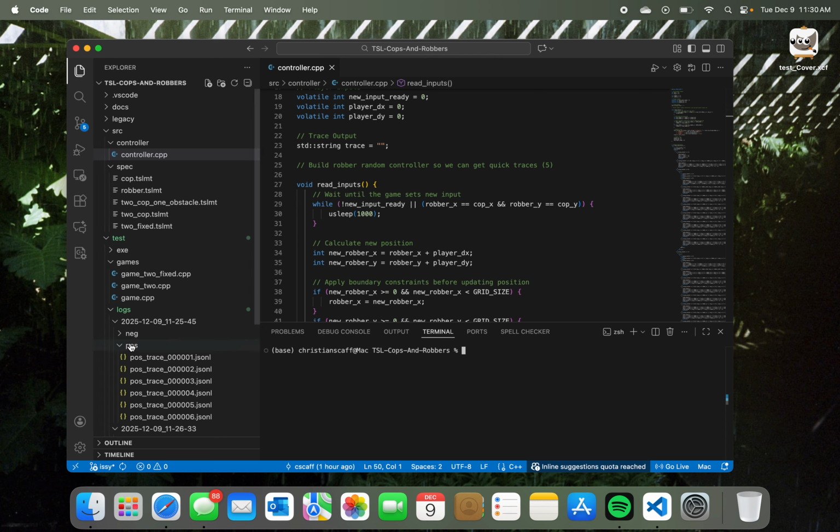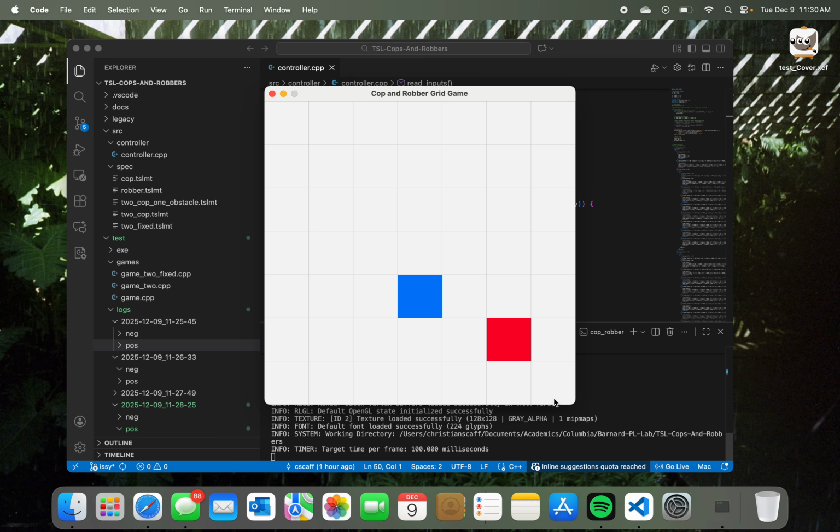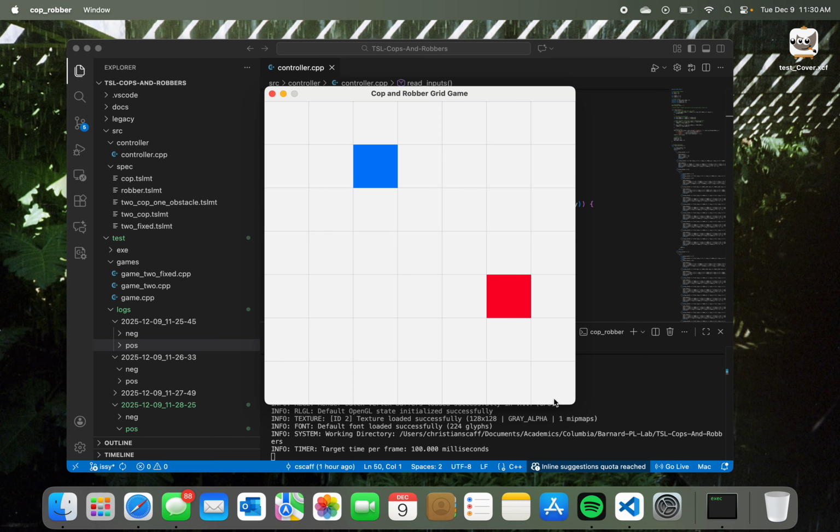This is a very brief demonstration of what I now have with cops and robbers, so you can actually get traces outputted pretty quickly from it. So go ahead and look at that. When we want to run the game, we have a few options. We can do a traditional play option. I can play the game,